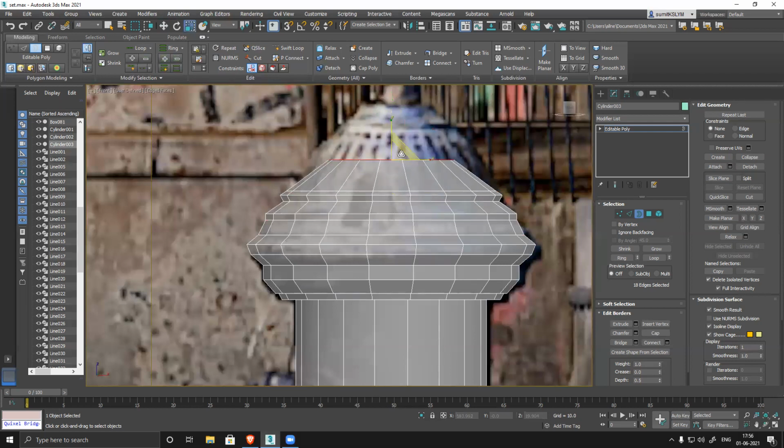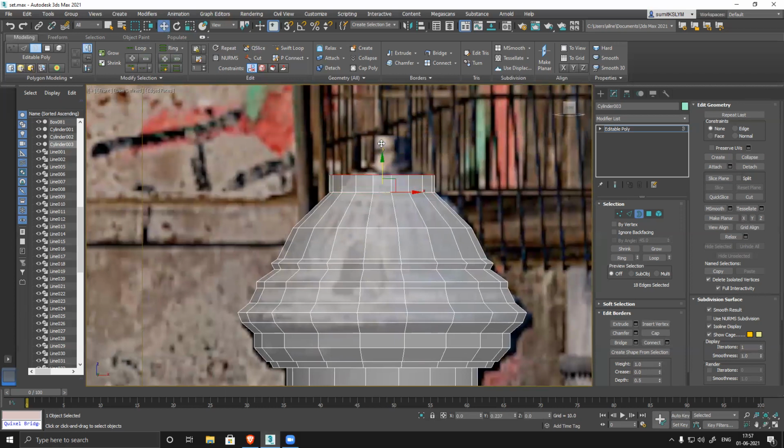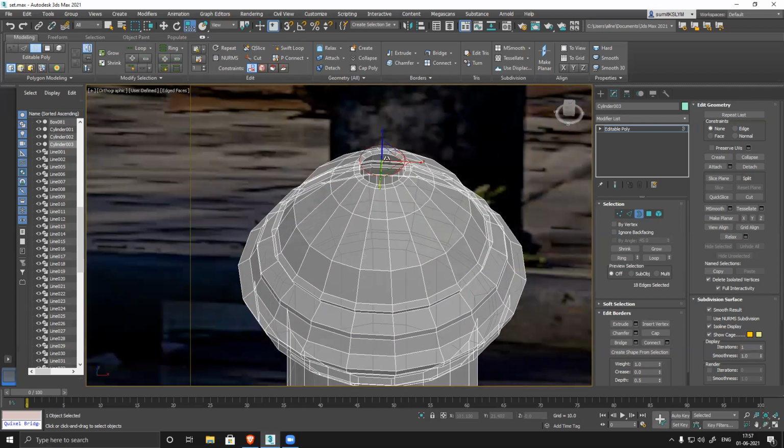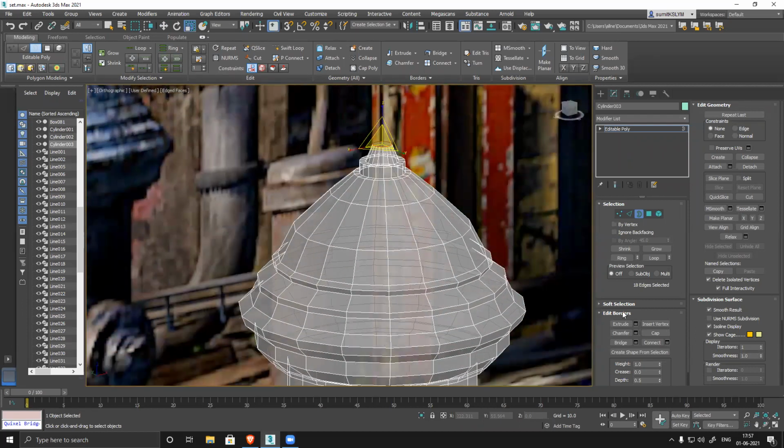One problem: it's slightly rounded in shape. So this bend was required. And then cap it.